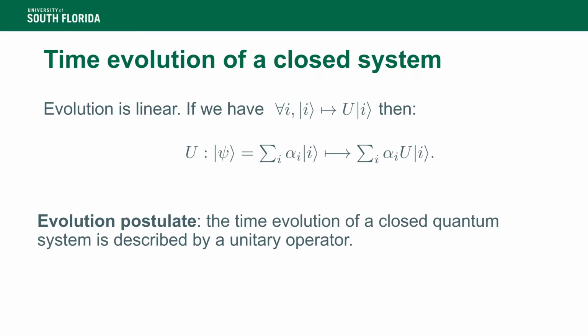The very important postulate here is that evolution is a linear process. What it means is, if you know the evolution on every one of the basis states, then, by knowing that every arbitrary state is a linear combination of the basis states, you will know by linearity the evolution of any state. So that's a very powerful